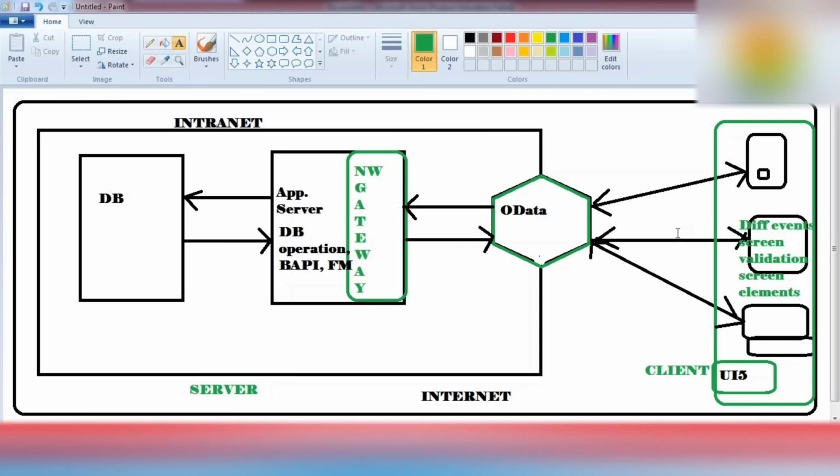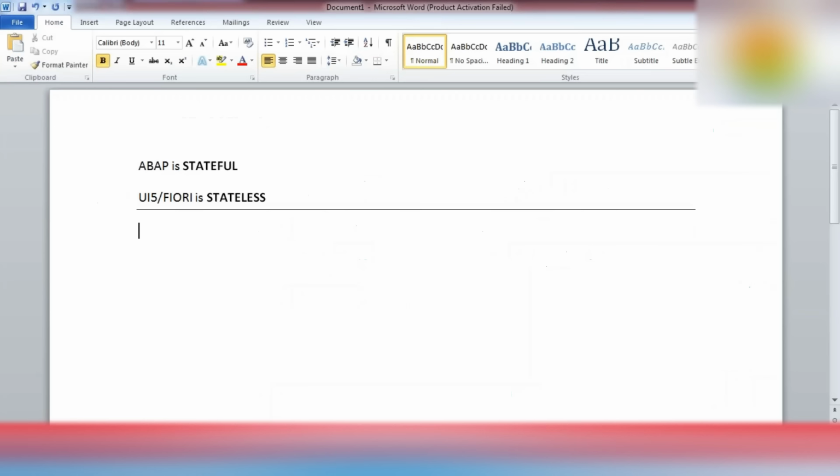It does not hold or remember the data. That is why it is called a stateless application. So ABAP is stateful, and all the applications built in UI5, or provided by SAP as part of Fiori, are stateless applications. This is important.